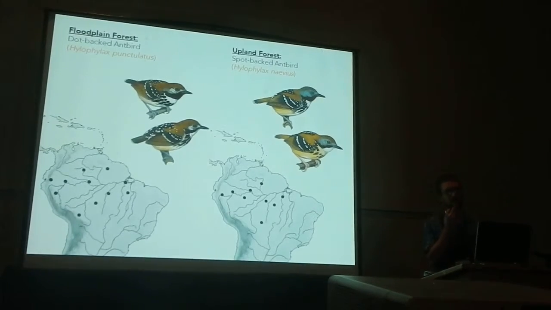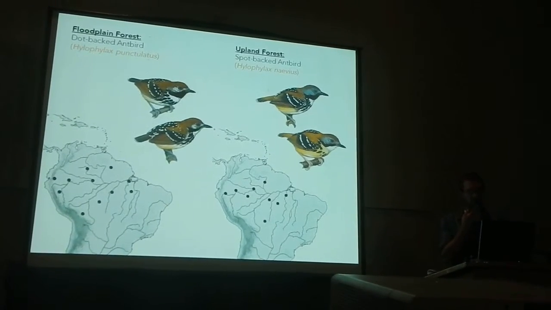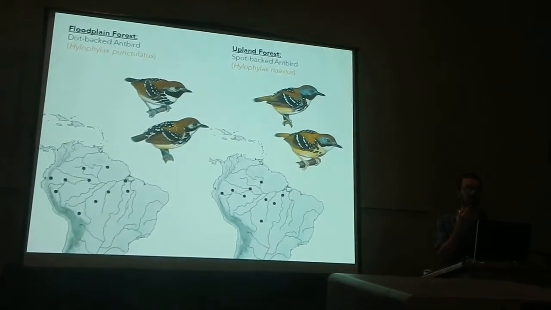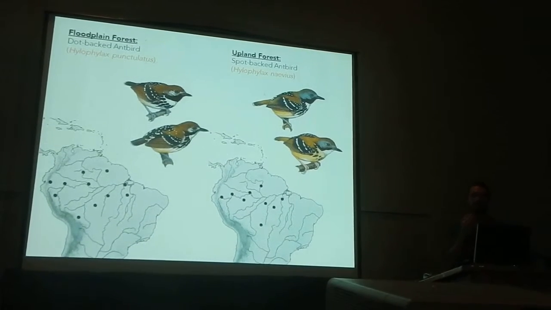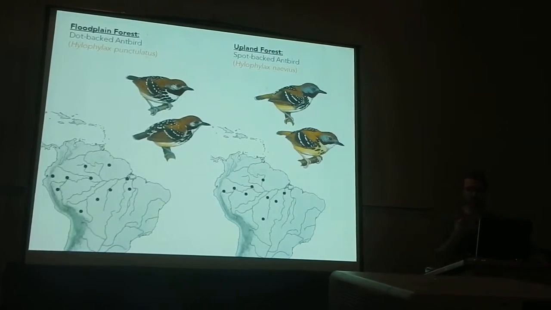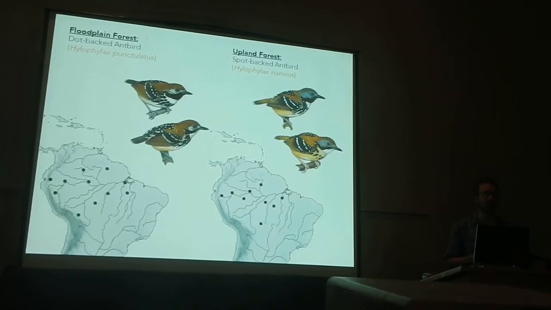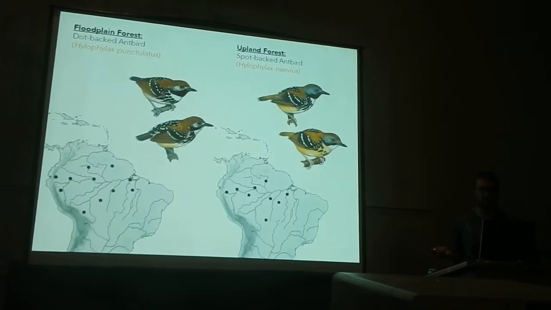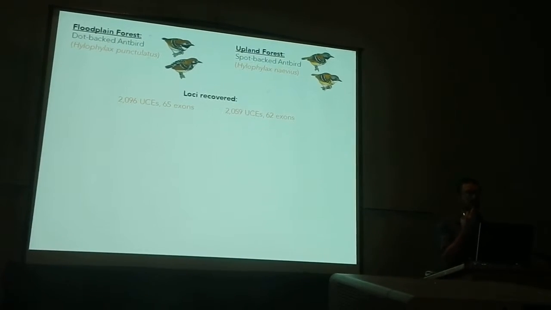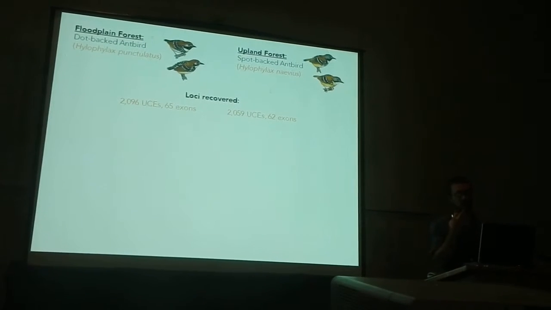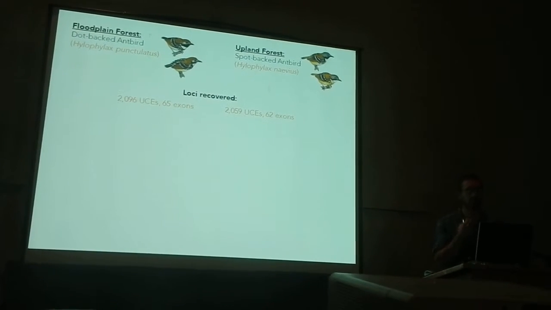So just to focus on one of the species pairs, we'll look at the dot-backed antbird that's in floodplain forest and the spot-backed, which is in upland forest. This is the distribution of samples we had for each of those species. We recovered over 90% of the target loci for all of our study species,